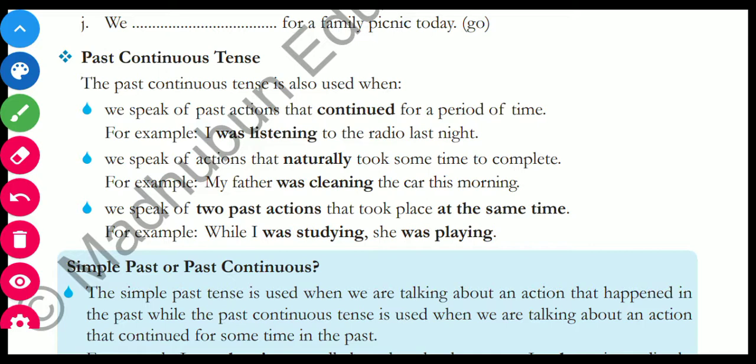What was with us in present tense? Is/am/are was used. Now in its place, in past we'll have was and were. Was is used with a singular noun or pronoun and were is used with a plural noun or pronoun. Okay, so what is the rule of past continuous? The rule for past continuous is subject plus was or were plus verb in its ing form.